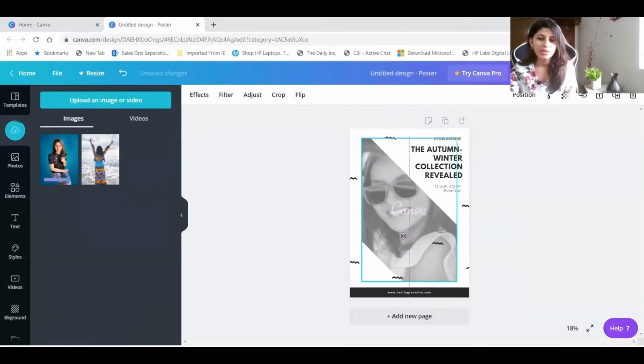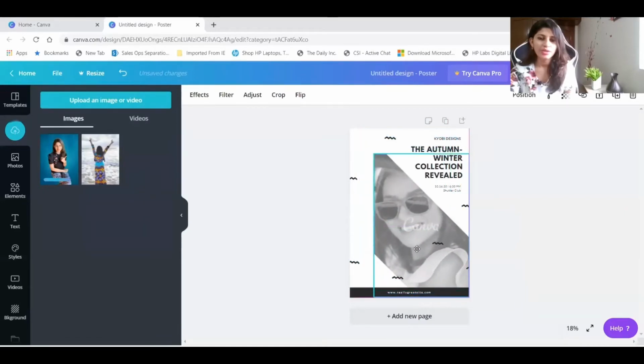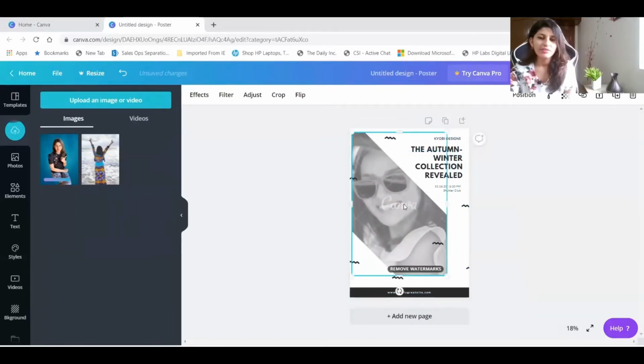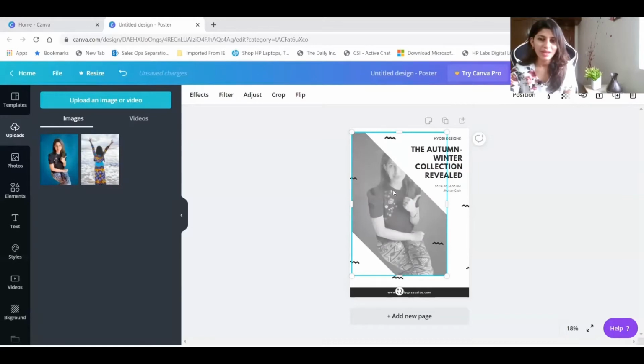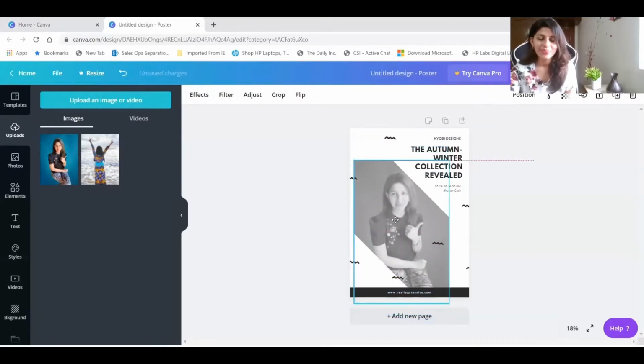So if you see over here, it has given the Canva watermark over here, in case you want to use the same image for your template. Yeah, considering that we are not doing that, I would want to include my picture over here, and boom, there you go, right? So I have my picture which has come out, and which I can use for this.